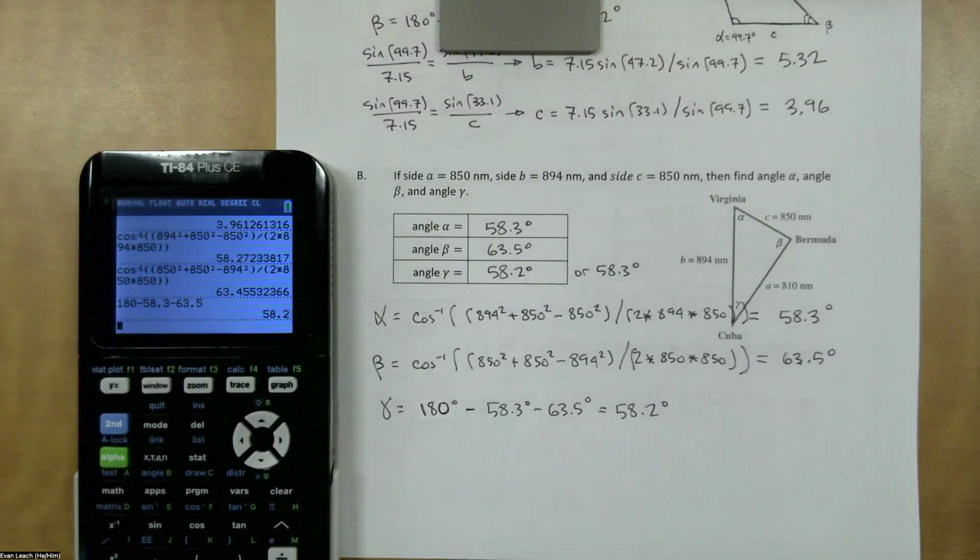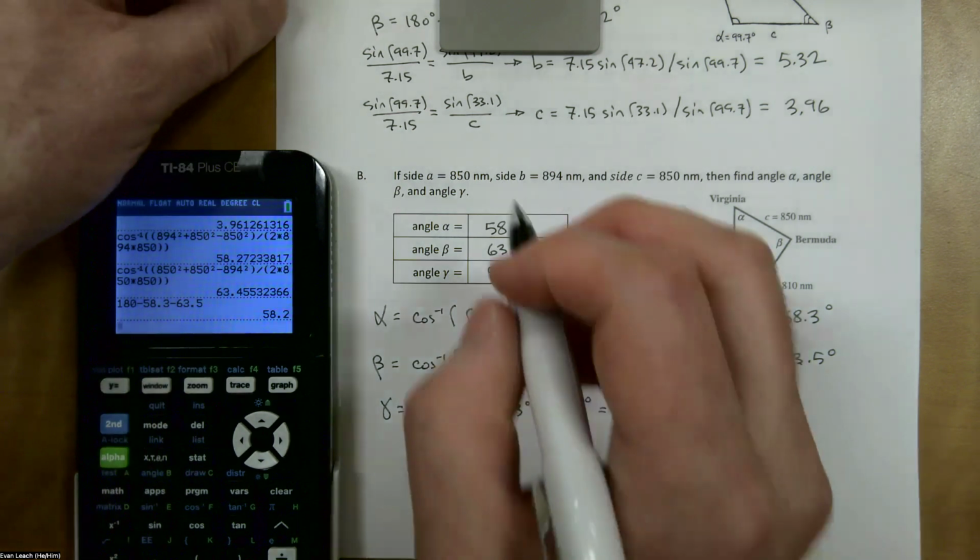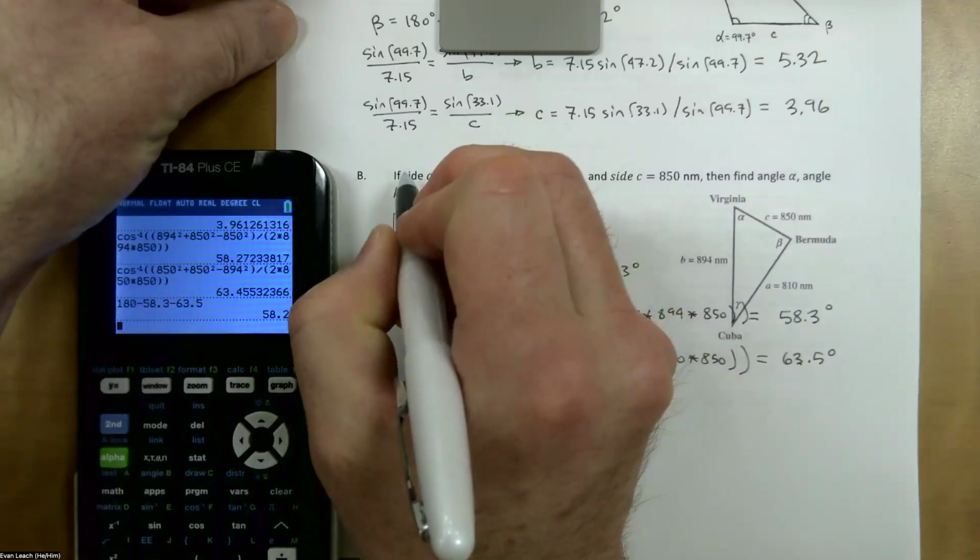So in this case, when we subtract, we end up with 58.2 degrees. The other thing that we could have done for the third angle is to notice that side A and side C are equal. And so angle alpha and angle gamma will also be equal. So if you don't do the subtraction, if you notice that A and C are equal,